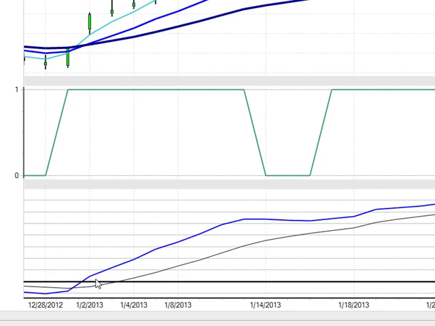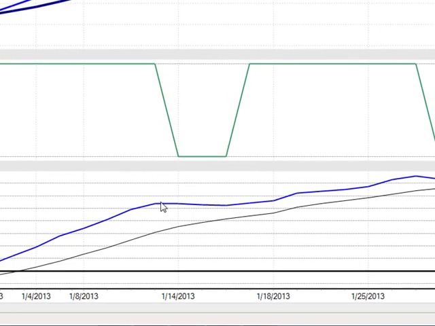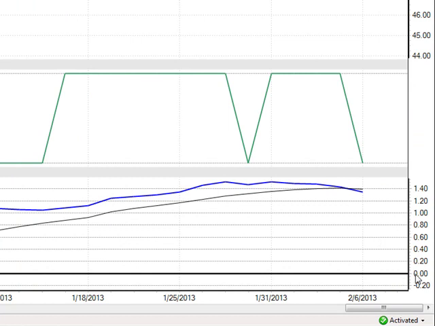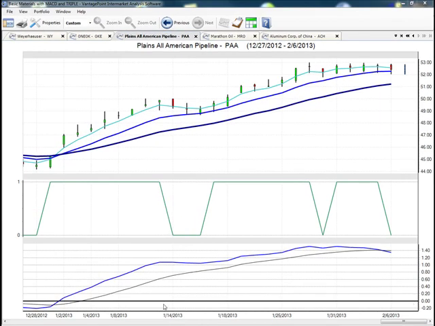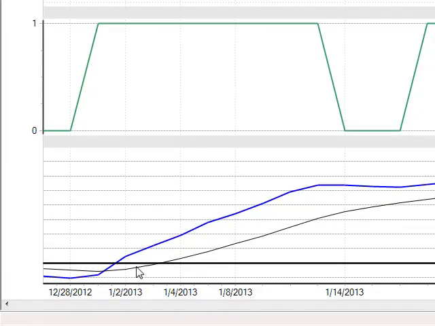It's also important to look at the angle of the lines. Are they angling sharply upward, or are they angled horizontally? The other thing that's really important is the zero line. Here's the zero line. It's the thick black line that goes all the way across the chart. Once I find the zero line, I look to see, is the predicted MACD above the zero line, or is it below the zero line? If I'm looking for a bullish opportunity to go long, I want to make sure that the predicted MACD is